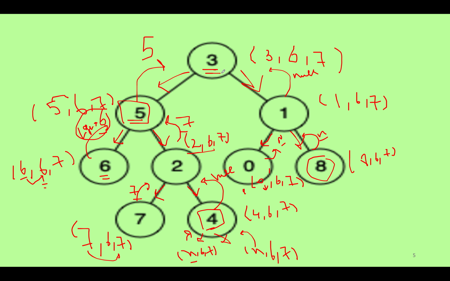And at 3, what is the condition? The right subtree is returning null, the left subtree is returning 5. The answer would be the one which is non-null in nature, which is nothing but 5. But the crux of the problem lies in finding the node where the left child and the right child are not returning null, which, in this case, is 5. I hope you understood this algorithm, and without much ado, let's look at the coding section now.